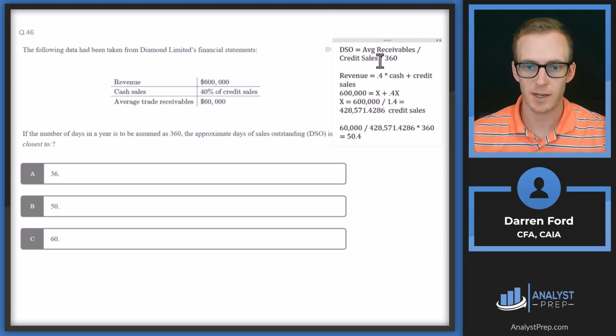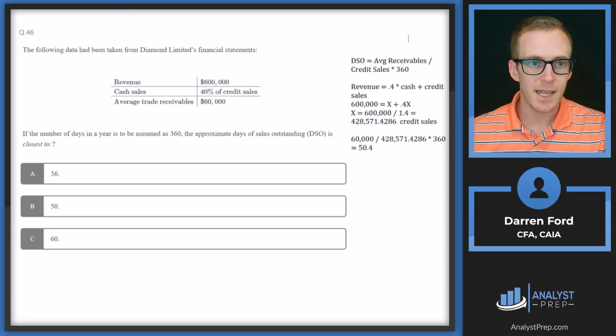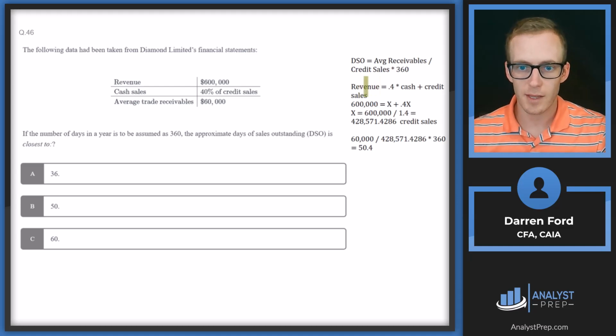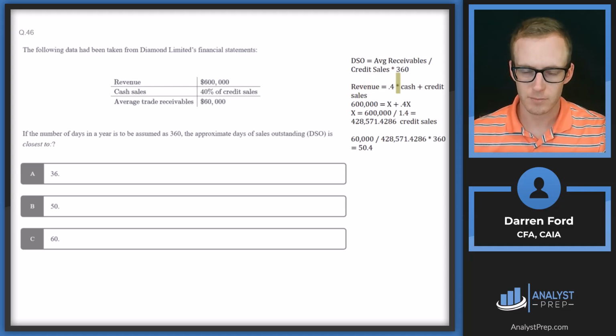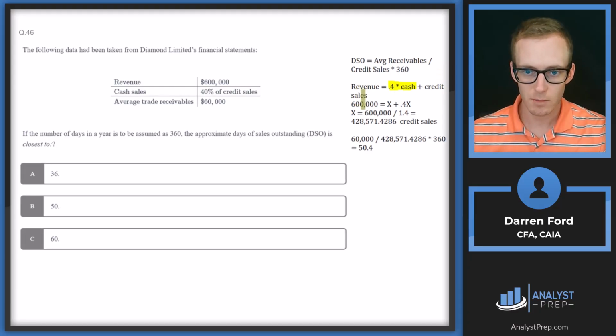So days sales outstanding is going to be average receivables divided by credit sales times 360. To get to that credit sales number is a little funky though. So our revenue is going to be equal to 0.4 times cash plus credit sales. So it's going to be 600,000 equals X plus 0.4X. And this is all based on this line here. So X, when we solve that algebra, is going to be